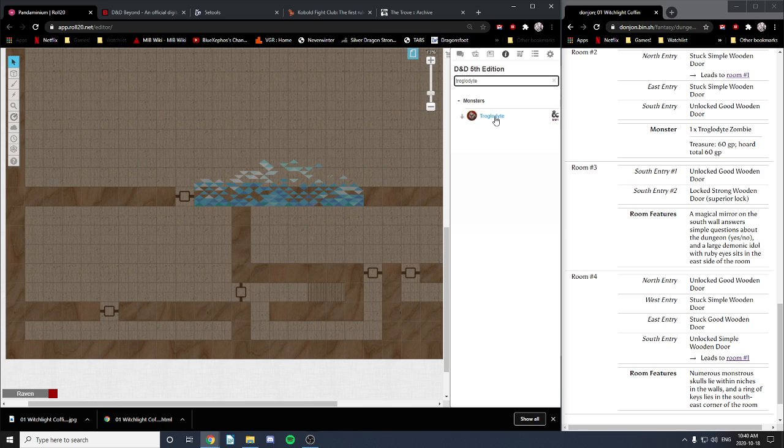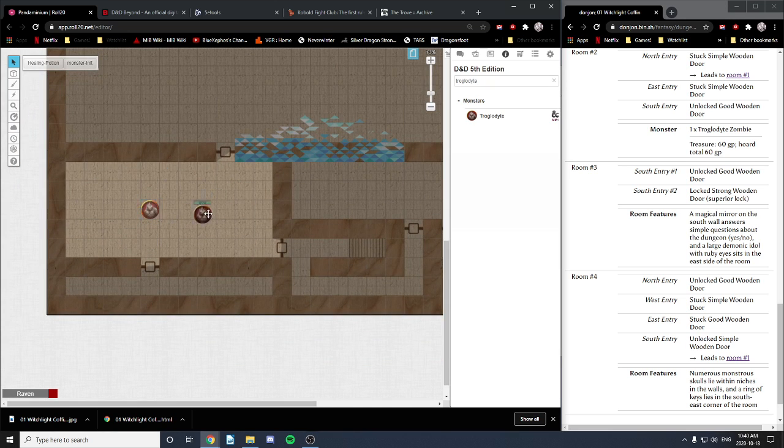So, it is a troglodyte. I'm going to add it like this. And because it has sight, you can see that it's got some... It'll show me any strangeness in my line of sight and stuff. Oh yeah, but this is going to be a zombie, so I want to